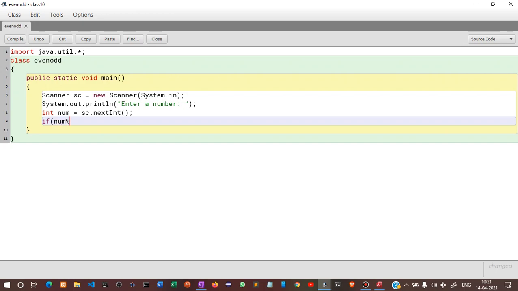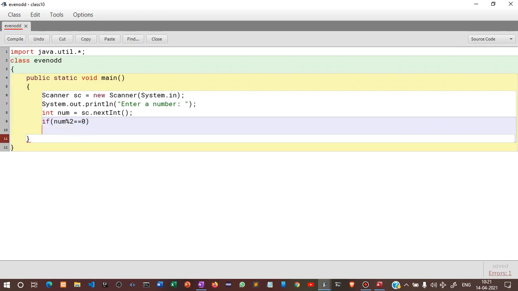The mod operator is similar to division, but it only finds out the remainder part. So num mod 2. Now you have to use the logical operator equal to, to check whether it is equal to 0.